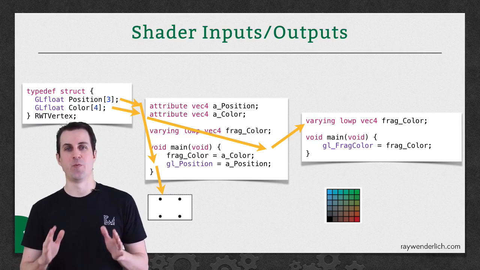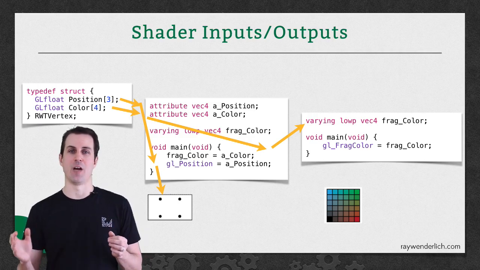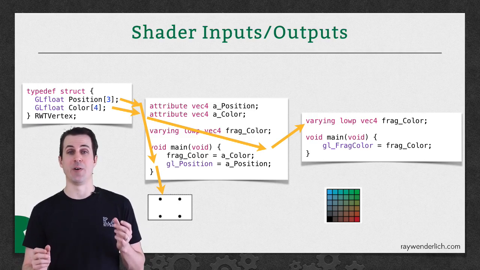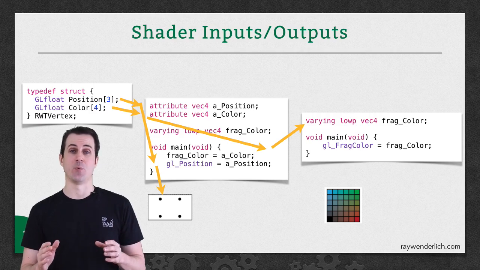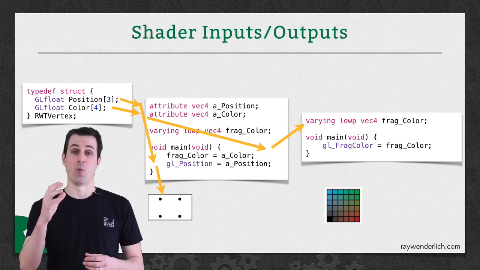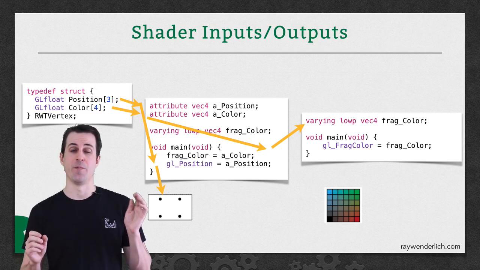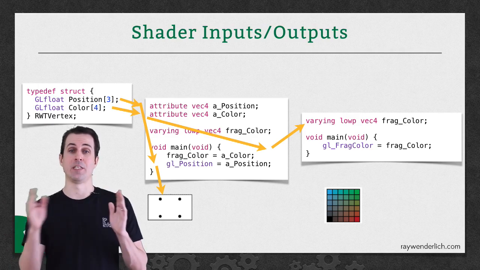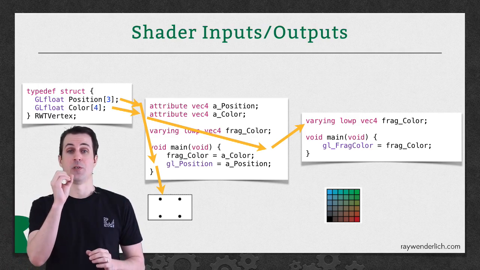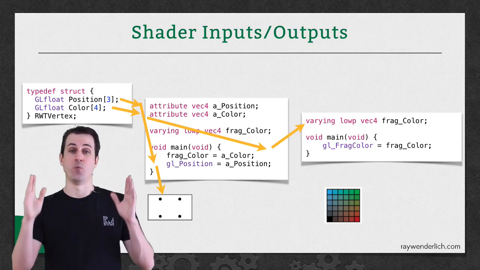Well, this is actually one of the beautiful parts about how vertex shaders and fragment shaders work. When you have one of these varying values, the rasterizer, which I'll show you where that fits into the pipeline in a minute, is sort of the step right before the fragment shader. And its job is it takes those variables that go from the vertex shader to the fragment shader